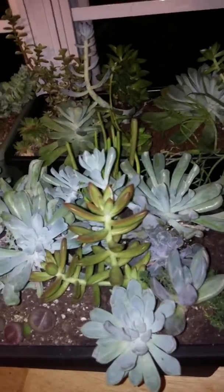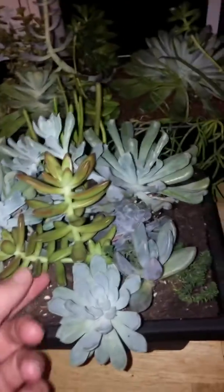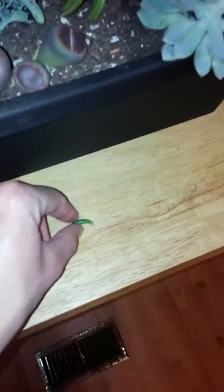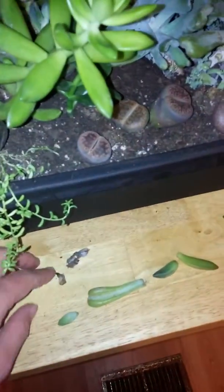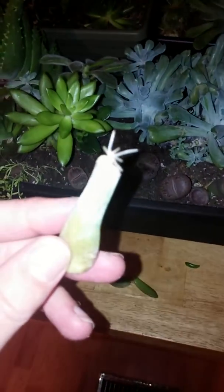A lot of the time leaves will just fall off of the plant and they're very delicate. Just trying to find a good candidate here. Just take a leaf off, or if one falls off, and then I just kind of set it here on the counter with the other one. Sometimes they die, but most of the time your leaves will, after about a week, maybe less, maybe more, your leaf will